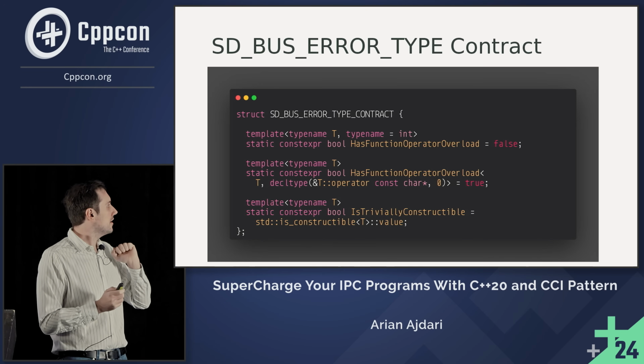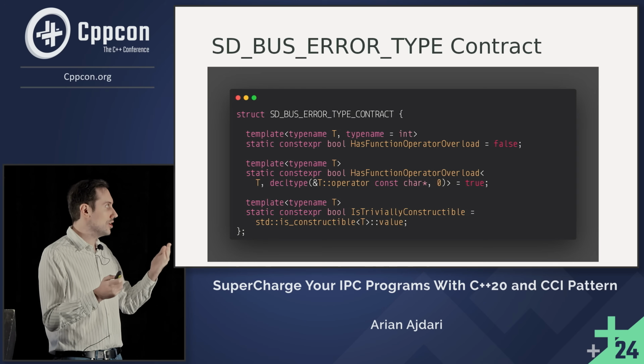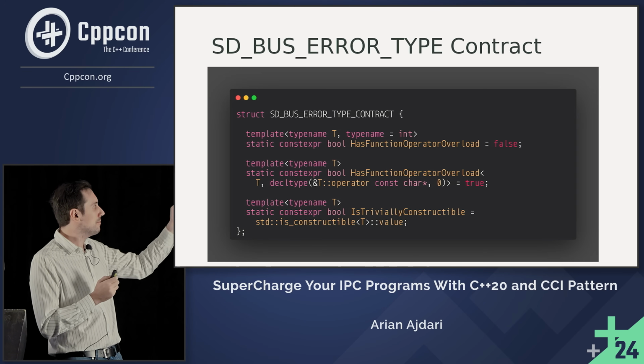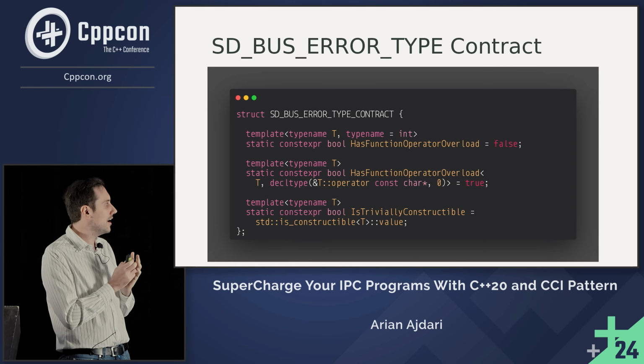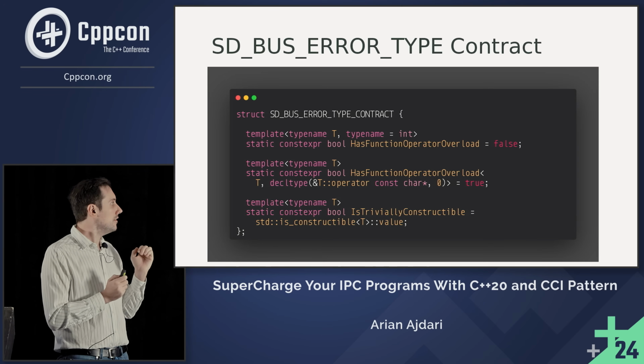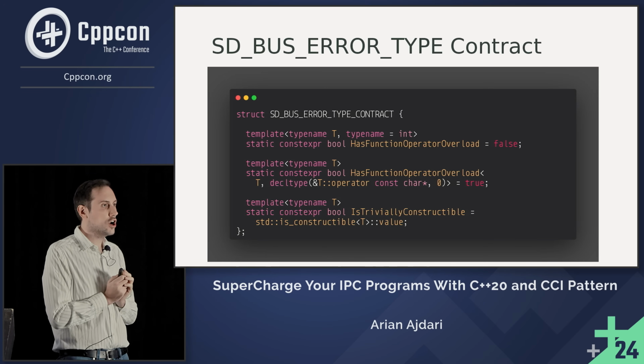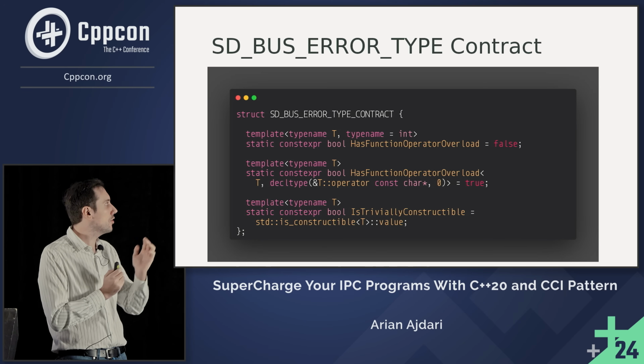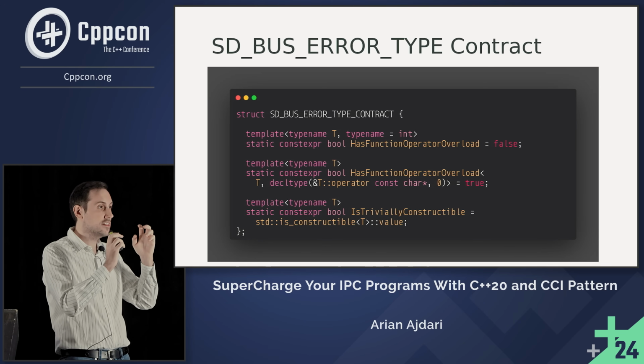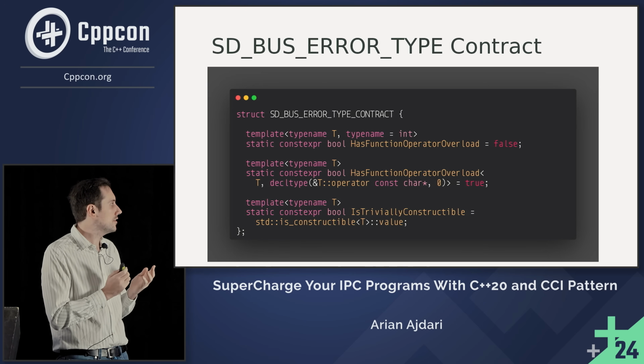So our contract is made here from 2 clauses, even though there are 3, but because the first and the second one are connected, I will say that is one clause. It makes sure that it has an overloaded const-char operator. And this will be useful when we create the object. We will be able to provide an empty string, an empty constant string.